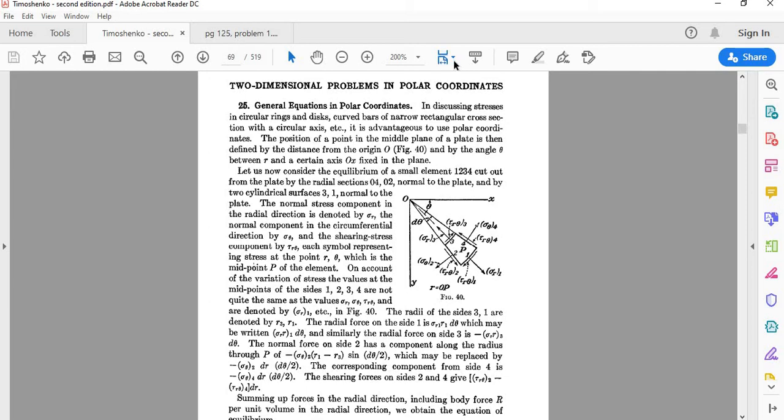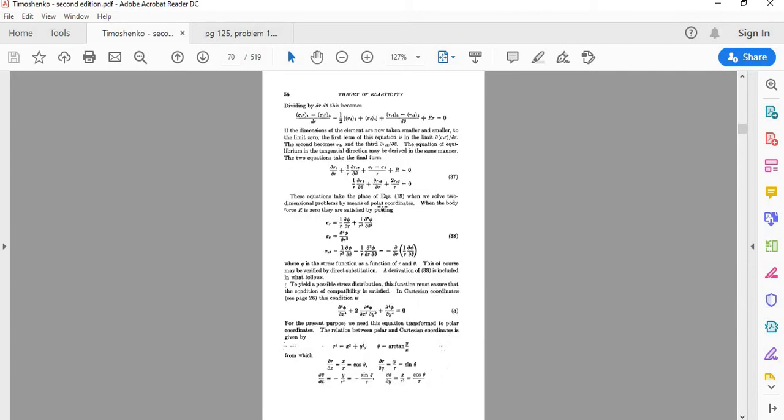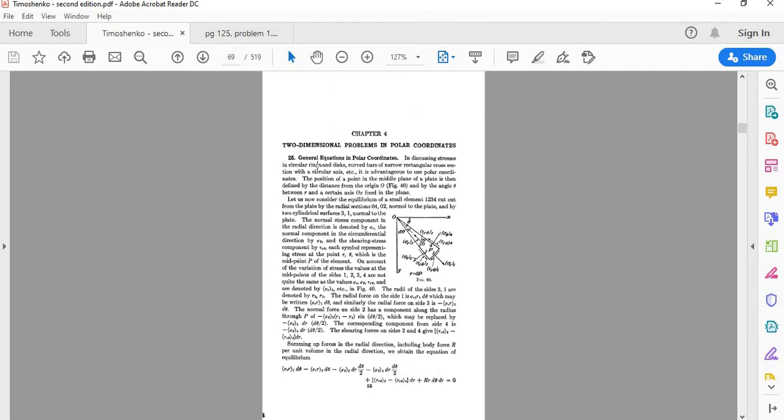Now one more thing I wanted to share with you at this point is, as I am preparing these lectures for you, and going through this Timoshenko textbook that I had shared with you, which is the second edition, I am finding that there are many differences between the second edition and third edition compared to what I thought initially. Even in derivations I see that some steps have been included. Overall, the bulk of it is the same, but there are minor differences.